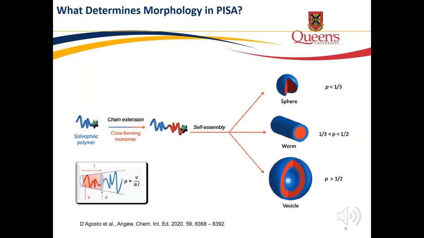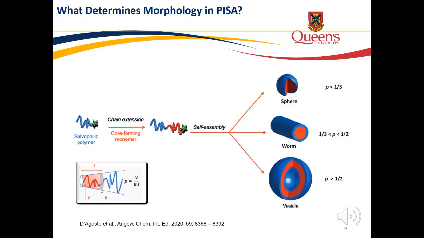What is it that determines the morphology in PISA? This is an image taken from an excellent review paper from D'Agosto, and it illustrates the basic components of a PISA process. You start with a solvophilic polymer in the blue. You do a chain extension on that with a second block that is not easily soluble in the reaction medium. And as that second block grows and the whole molecule becomes insoluble in the reaction medium,